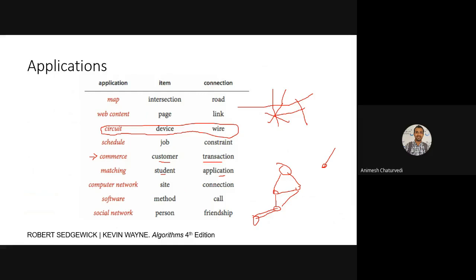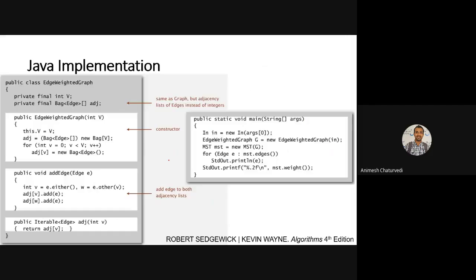So social network is one of the common examples, where persons are there. So person 1 is connected with person 2, person 3; person 1 is connected with person 2 and person 3. So this is friendship, the connection could be friendship. So the connection type could be, person 2 is a friend of person 3, person 1 is a friend of person 2. So this type of friendship could be the possible connection.